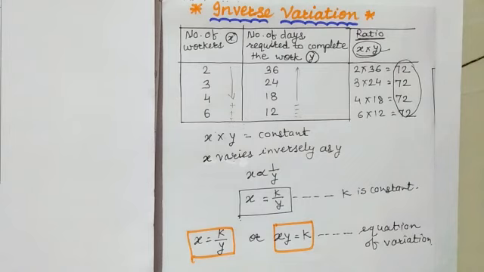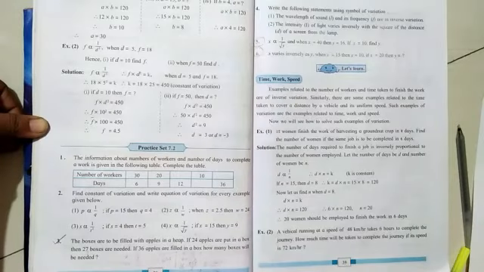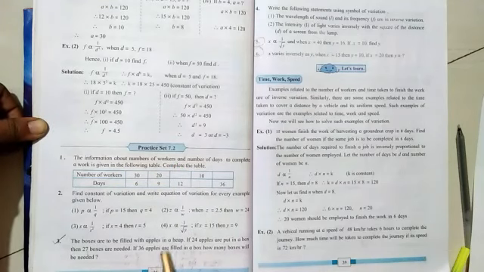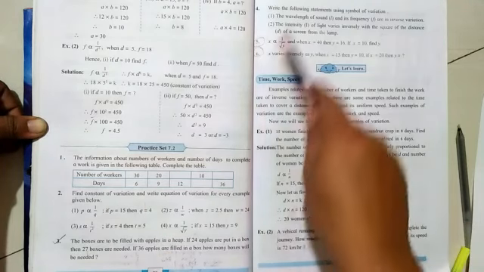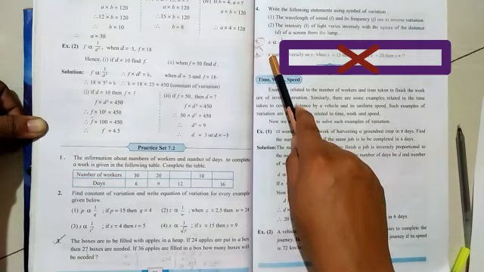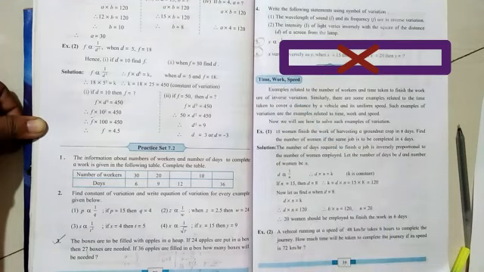So let's go ahead with the practice set number 7.2, where we are going to use the equations for the inverse variation. So students, this is our practice set number 7.2, which is given on page number 38 and 39. Now students, as I have told in our previous video, from this 7.2, the last questions number 5 and 6 are deducted from the syllabus for this year only due to COVID-19. So we are going to solve only questions 1, 2, 3 and 4.